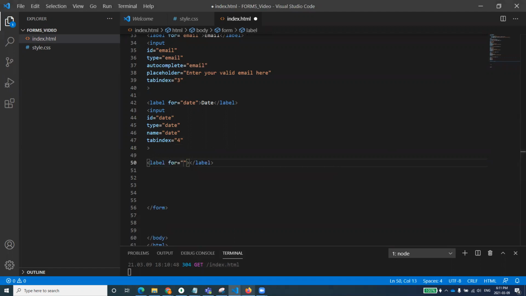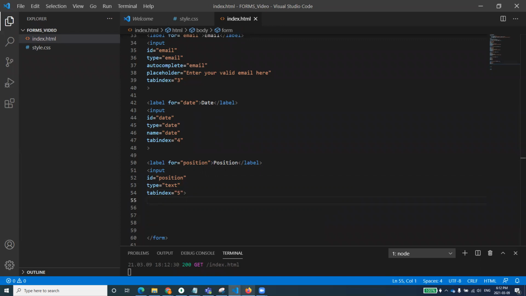I will be calling this label for position, the position for which the user is applying. Let me just write down position applying for. Right. So input and type is equal to text. I will just leave type is equal to text over here. But first, let me make it an ID. And by this time, you would recognize that ID is very important, because we want to connect it with its label. And let's set up the tab index also, equal to 5 in sequence. I think it's 4. Yes, 5.